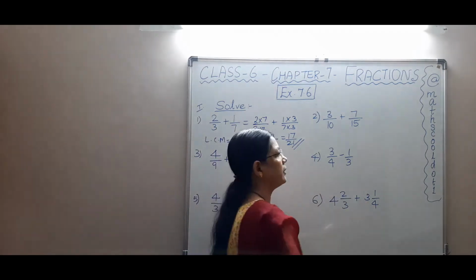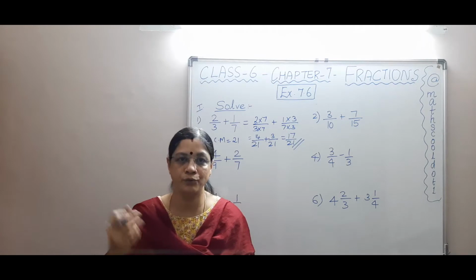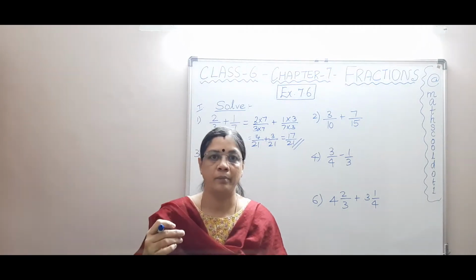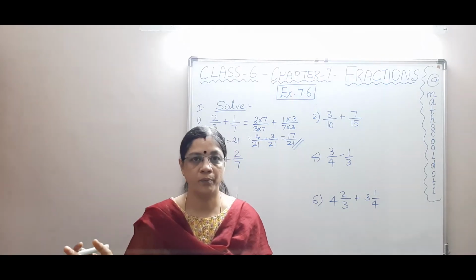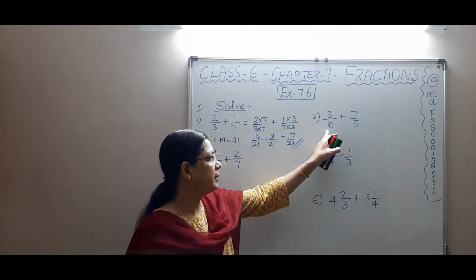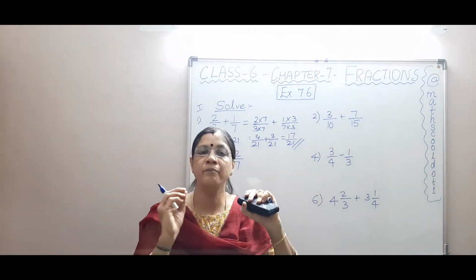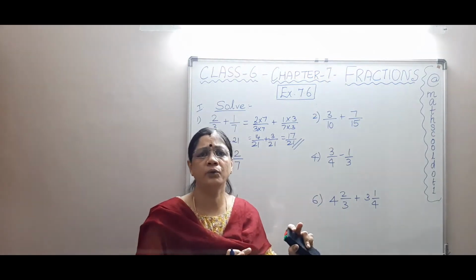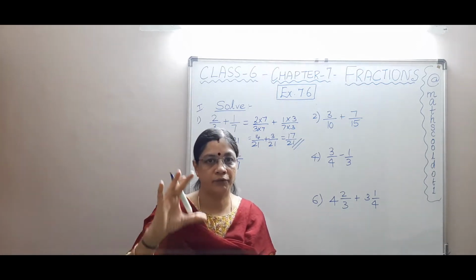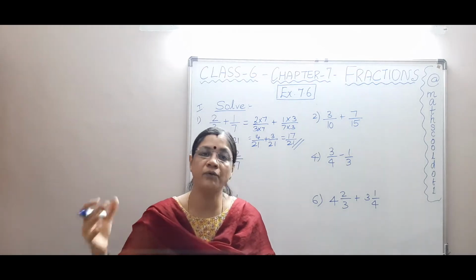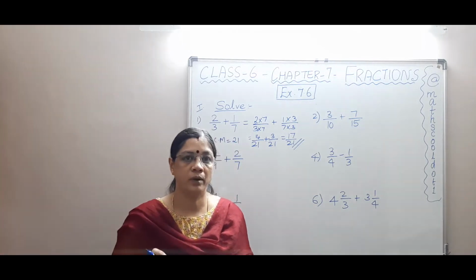Okay, if I can't remember how to find the LCM, or I can't remember to find the multiples of the bigger number, no problem. You just multiply both these numbers, 10 and 15. You multiply the denominators and do the rest of the operations as such, and then you will get a fraction. Then you can reduce that fraction, and the answer will be the same. I'll just work it out and show you.